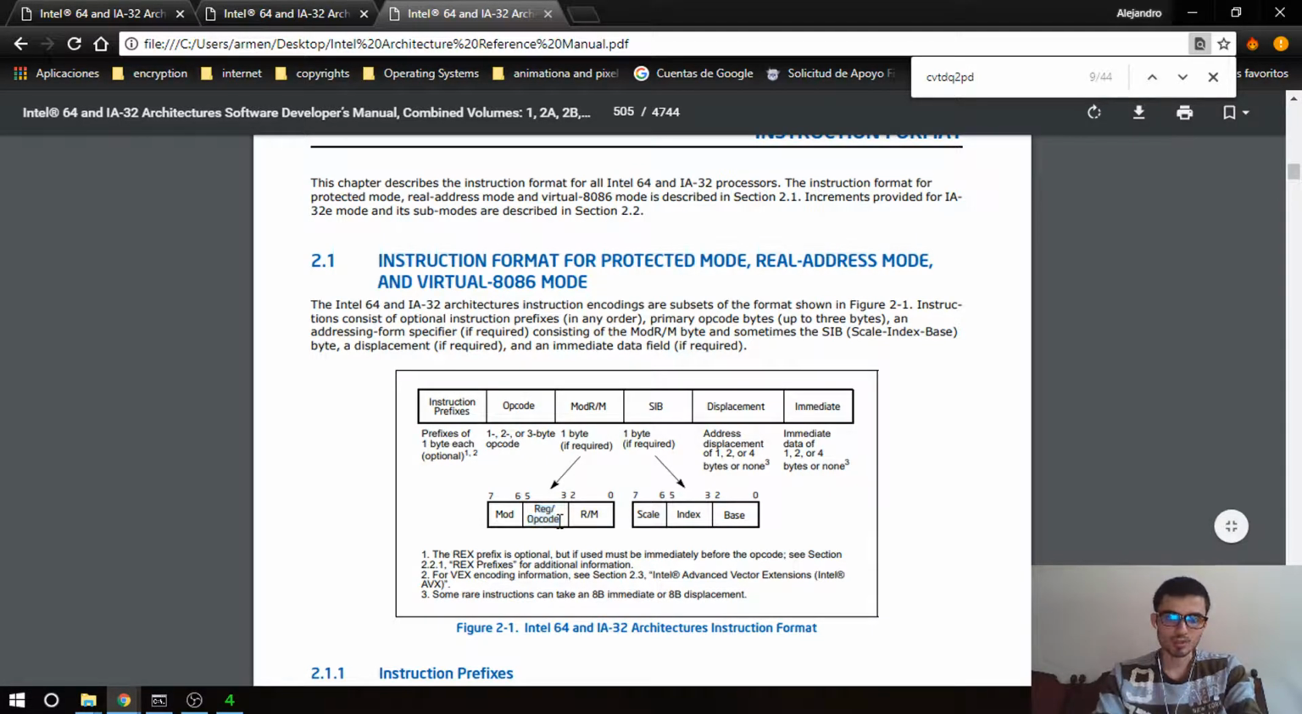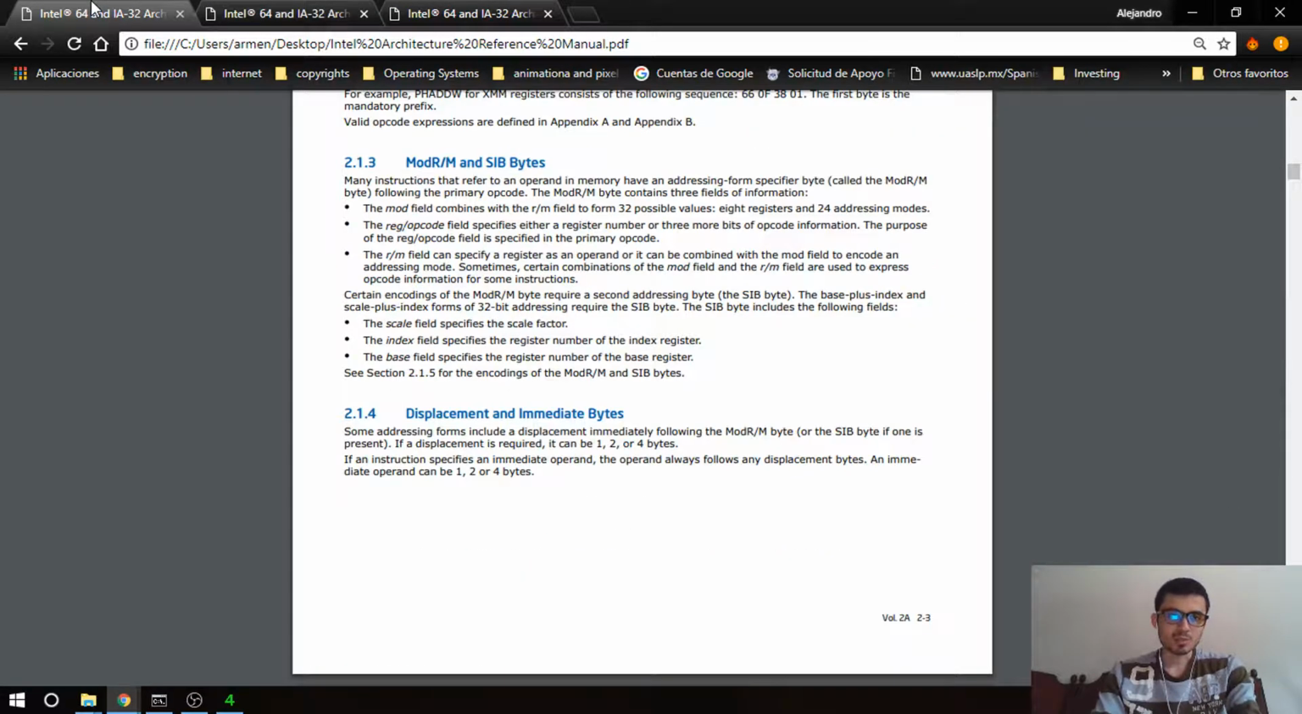So the reg opcode is 3 bits. It's 3 bits that specify